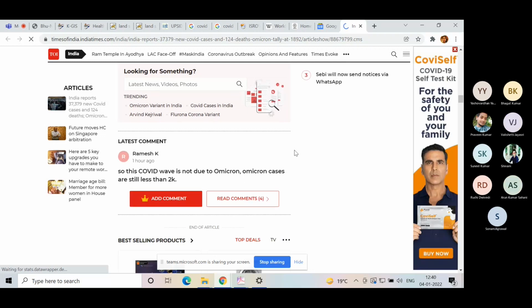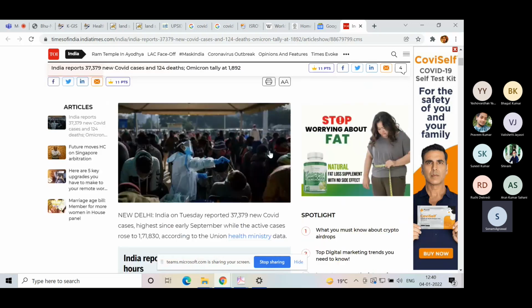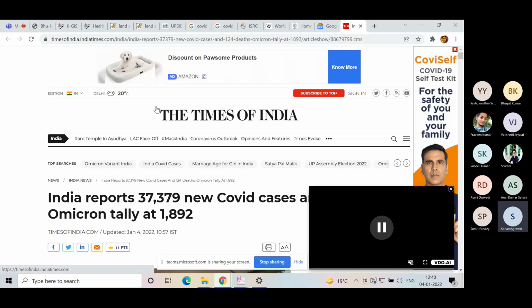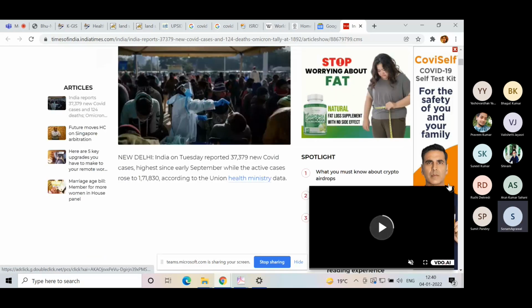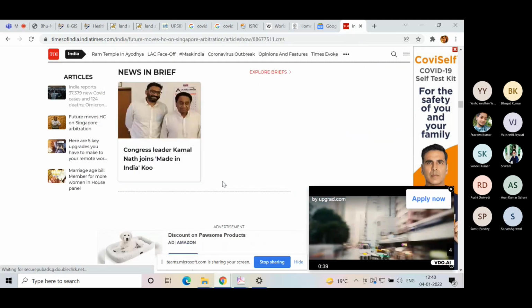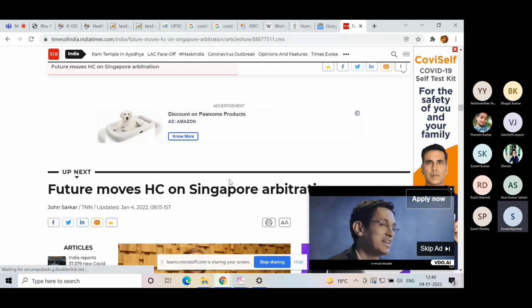See, if you read this news, this one is the Times of India news: India reported 37,379 new COVID cases and 124 deaths, Omicron tally at 1892. Now, if I go to the bottom of this news, you can see